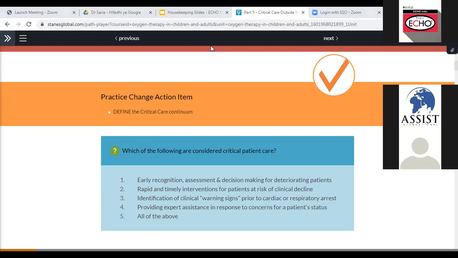We respect every response from every participant, so feel free to do that. Welcome. Just write the letter or the option you think is correct. Number 1 says recognition, assessment, and decision-making for deteriorating patients. Number 2, rapid and timely intervention for patients at risk of clinical decline. Number 3, identification of clinical